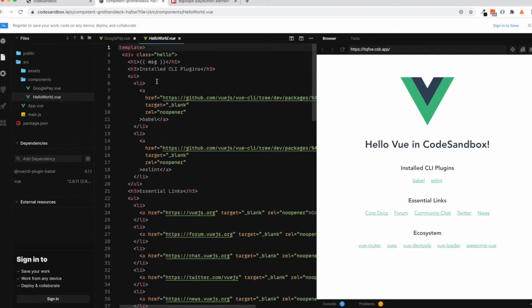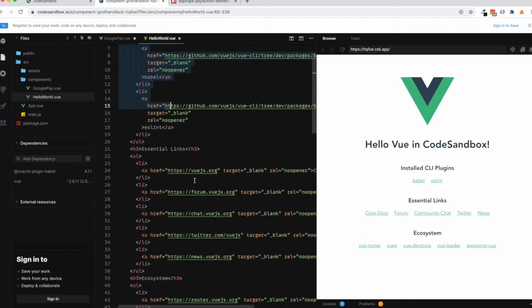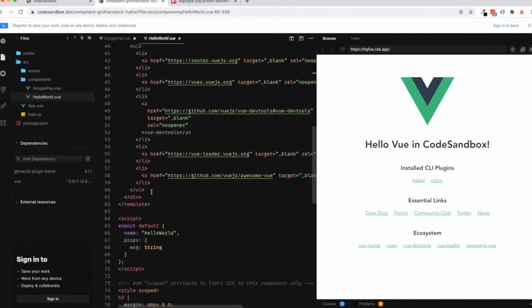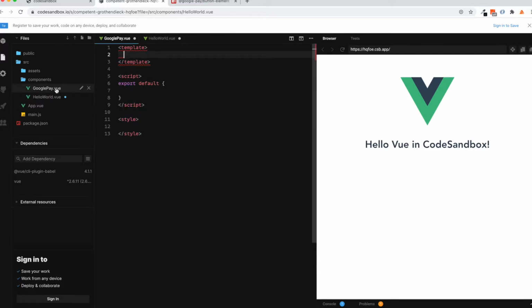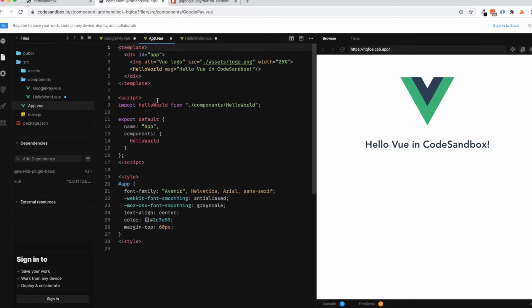The first thing we want to do is remove this part of the code, as we don't need this part. So I remove this part. Then I go to this App.vue, and here I change the string to my own string, which is